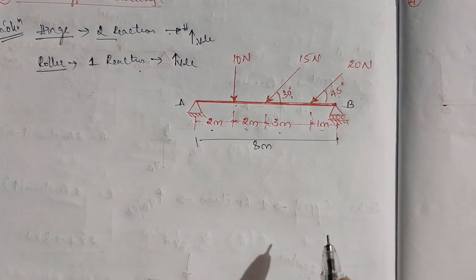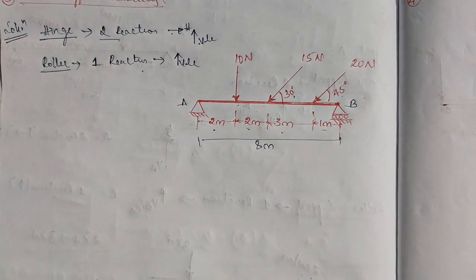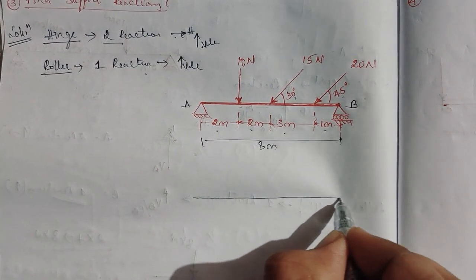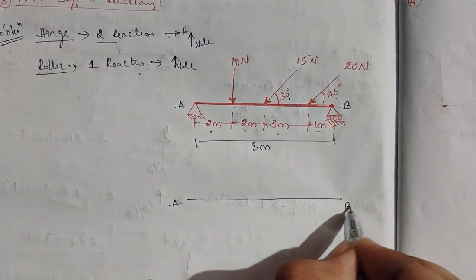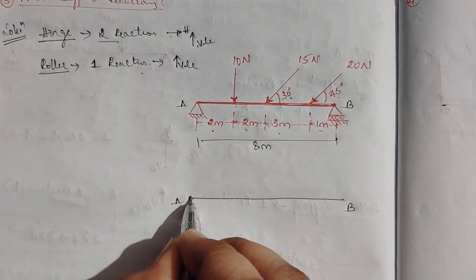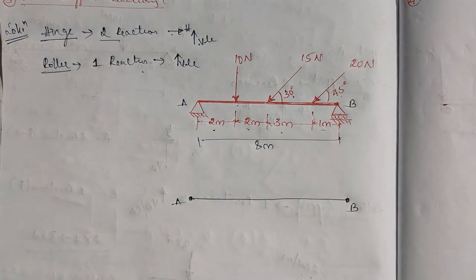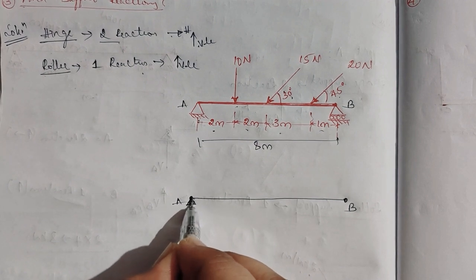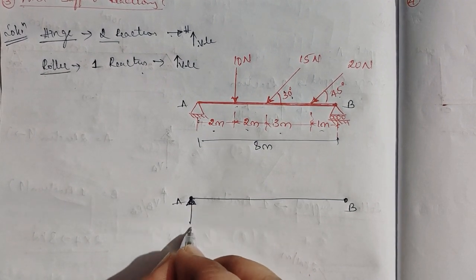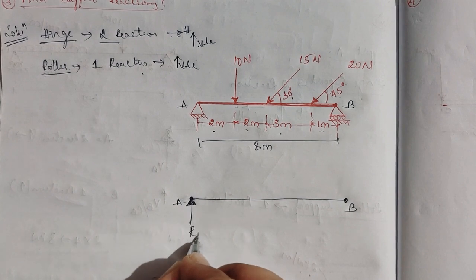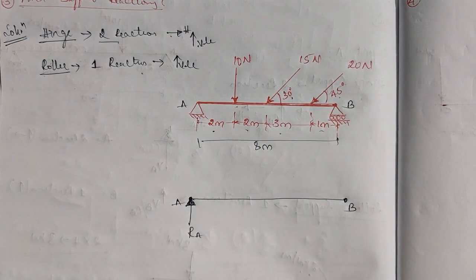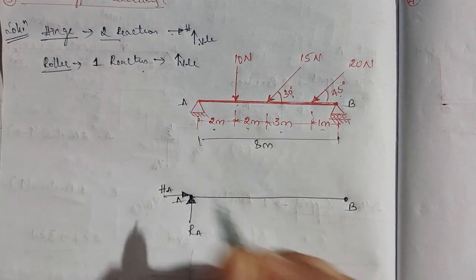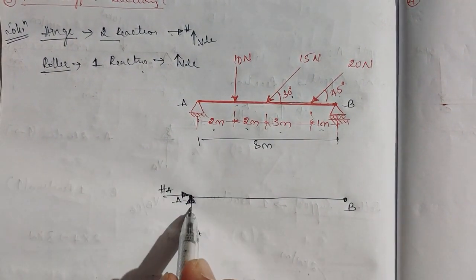So I'll rewrite the diagram. See here, what I do is I'll just write the simplified diagram. So I take the beam AB. This is our A point, this is our B point. As it is a hinge, I'll directly write the reactions. So what I am getting here, RA or VA, whichever you are suitable with. I'll take RA. Now one horizontal reaction I have to mention, that would be HA, because of the hinge we have two reactions.